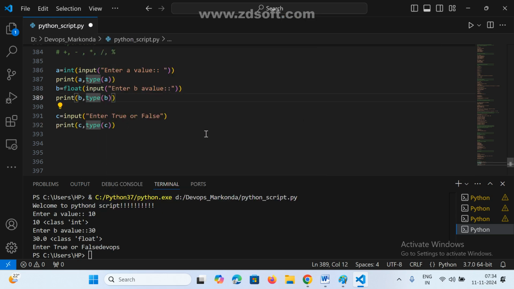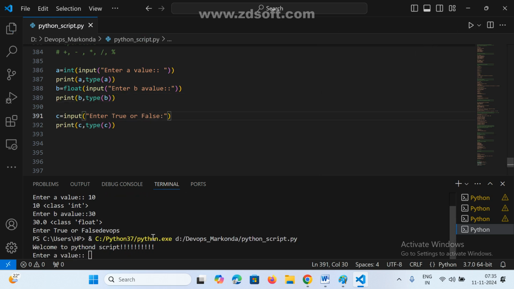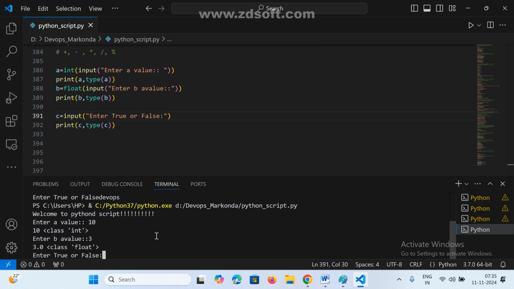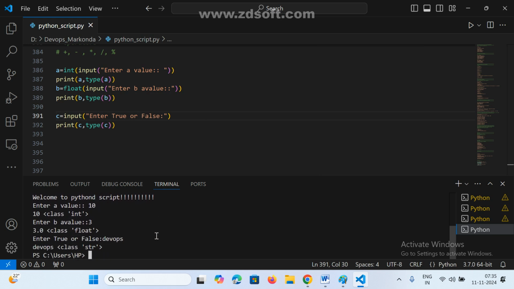We need to find out the type of c. I am giving something. Okay, run. A value 10, b value 3. I am giving something, for example. Now see here, everything is treated as a string only. Specifically, if you want to mention that case, here we need to mention